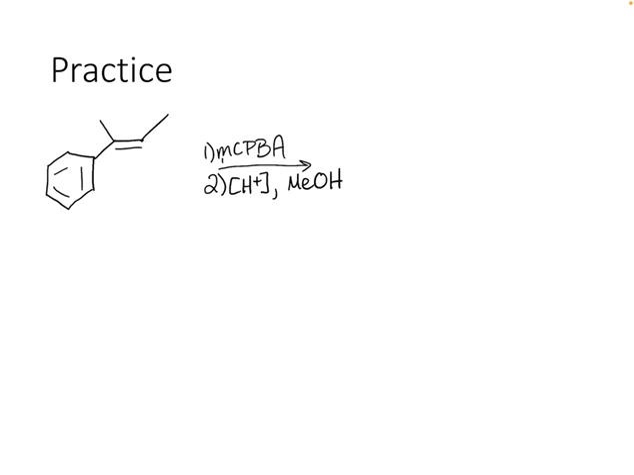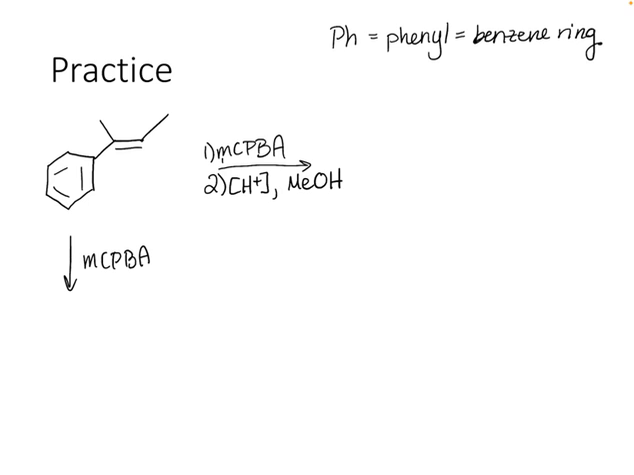Okay, so in the first step, we're adding MCPBA, which is going to create an epoxide. And I'm actually going to abbreviate my benzene ring as Ph, which stands for a phenyl group, which is really just a fancy word for a benzene ring. Okay, and that will make it a little bit easier. All right, so I've got my epoxide that formed across the double bond,